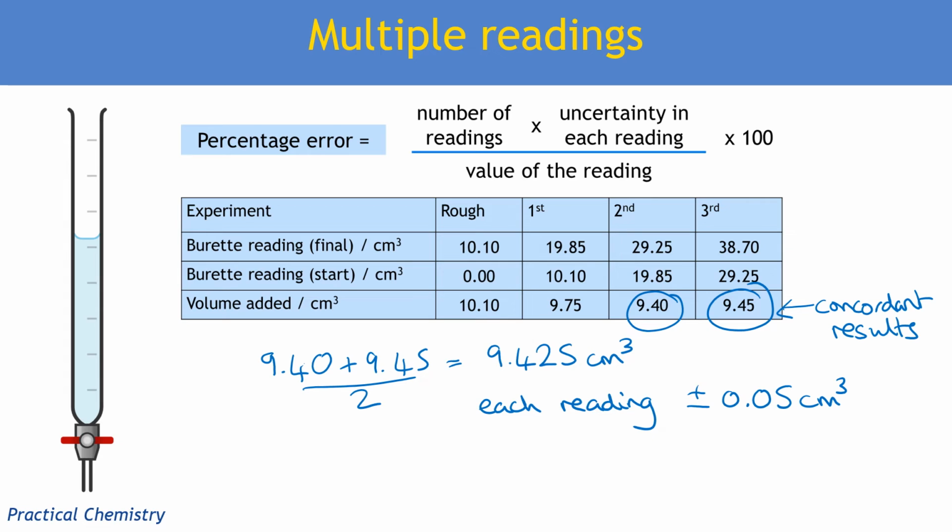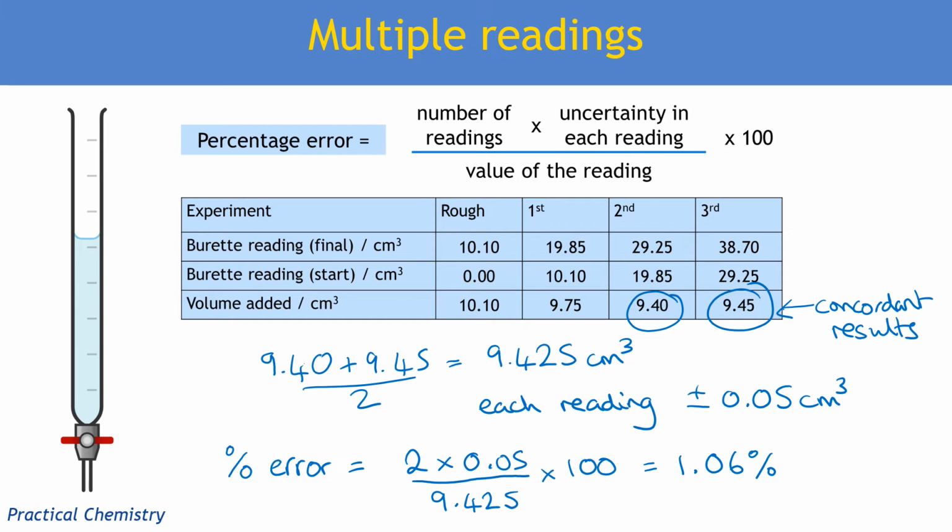There is an initial reading and a final reading, and then I take the difference. So what I need to do when I calculate my percentage error is 2 times 0.05 divided by the value that I'm using, so my average result, times by 100, and that gives me a percentage error of